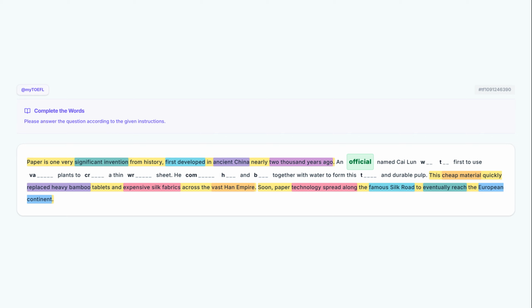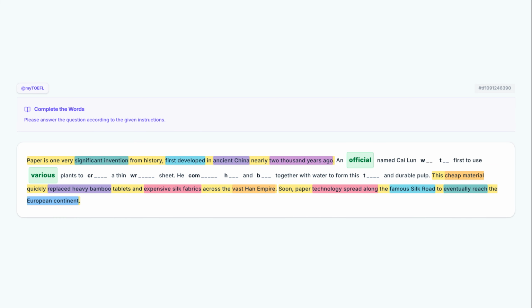The sentence explains that the inventor did not stick to one material but experimented with many plants. To describe a diverse range of items used in the process, the correct answer is various. An official named Kai Lun was the first to use various plants to